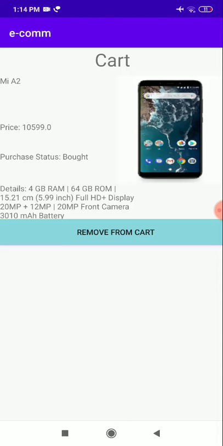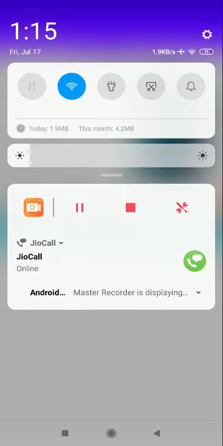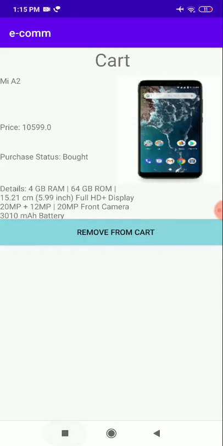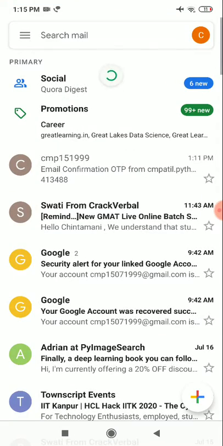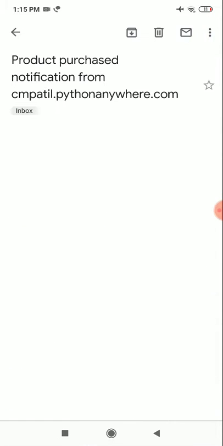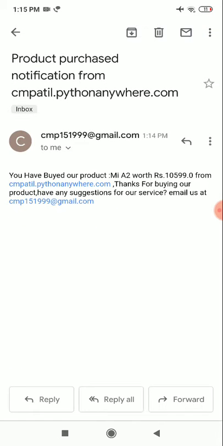After getting informed on the app, you also get informed by email. If you refresh, you will see that you have purchased our product Mi-A2 worth rupees 10599 from cmpatil.pythonanywhere.com. Thanks for buying our product.